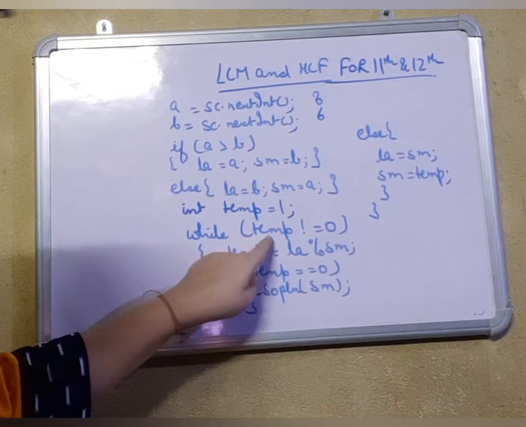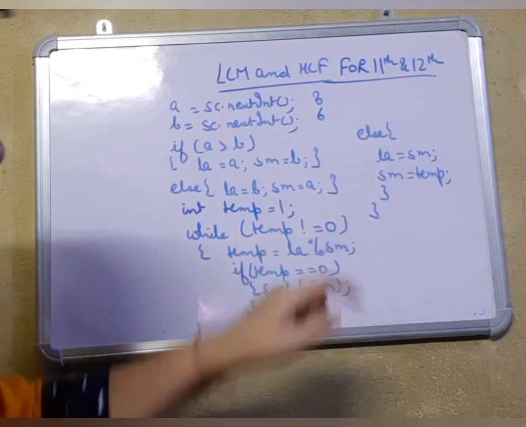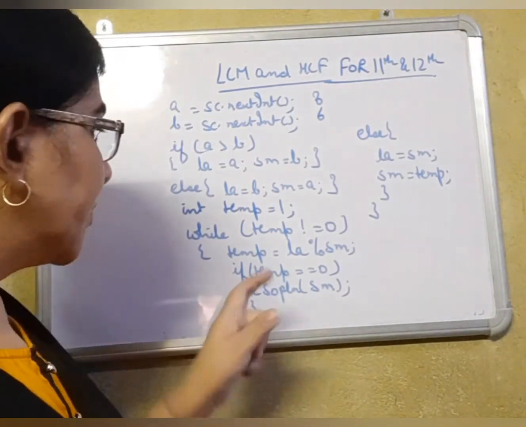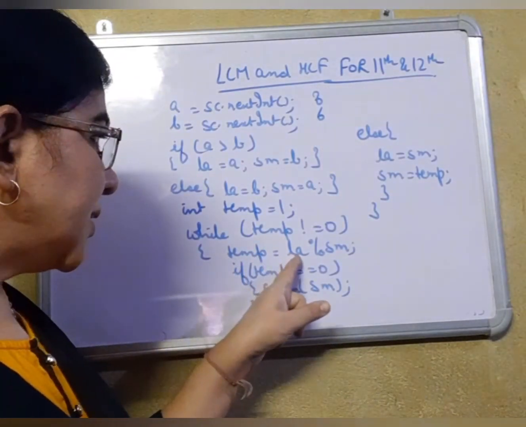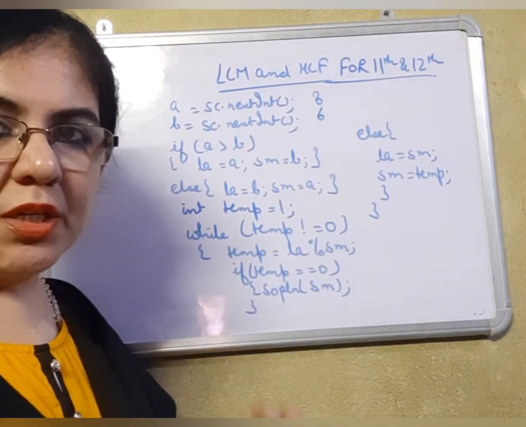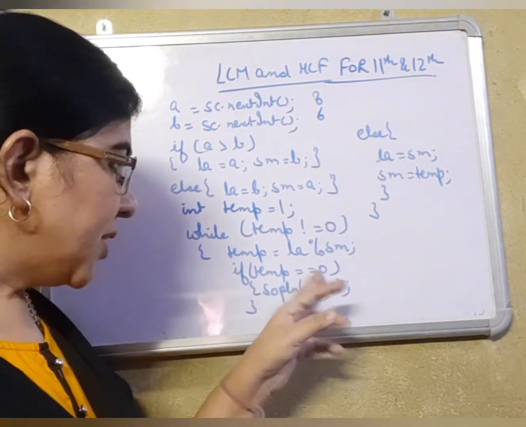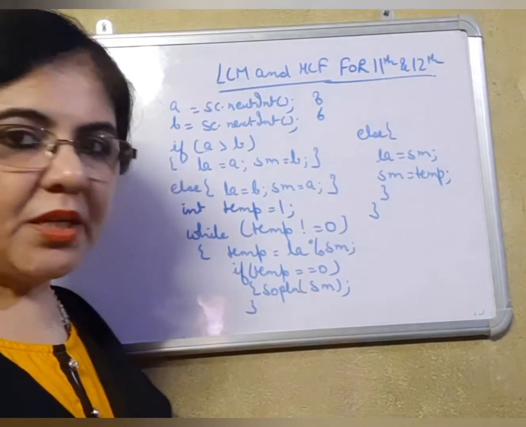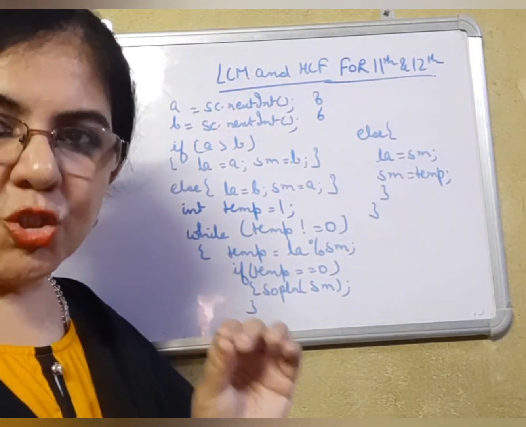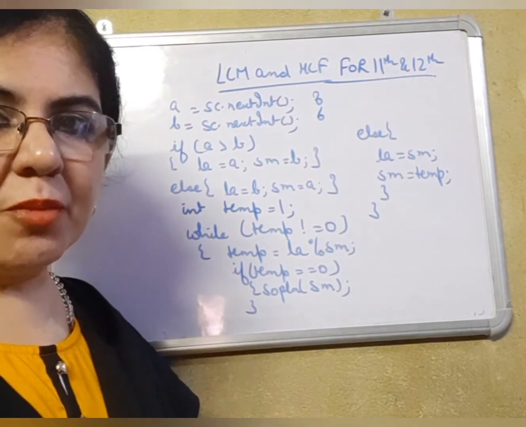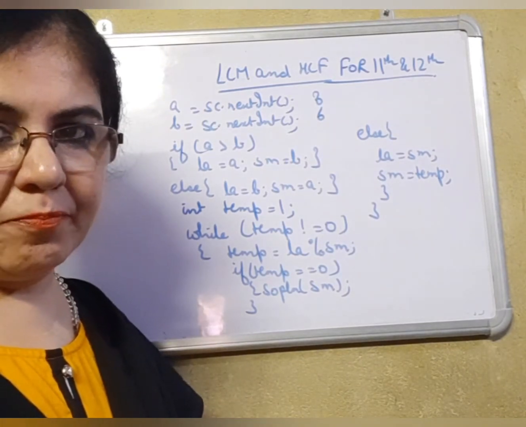Taking this, it will go back here and check whether temp was not equal to 0 previously. Yes, temp was 2 last time. It will come inside. 6 modulus 2 will give you 0, which will be stored in temp. Now if temp is 0, then with println the smallest number 2 is going to be printed as your HCF and the program ends up here.